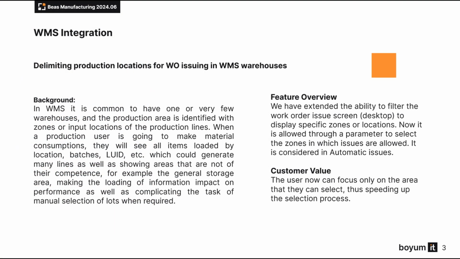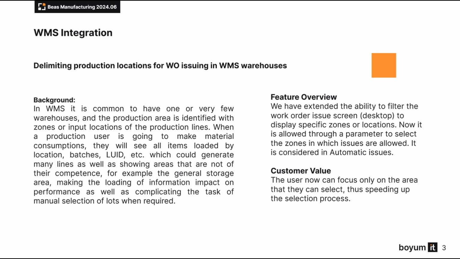In WMS it is common to have one or very few warehouses, and the production area is identified with zones or input locations of the production lines. When a production user is going to make material consumptions, they will see all items loaded by location, batches, LUID, etc., which could generate many lines as well as showing areas that are not of their competence, for example the general storage area, making the loading of information impact on performance as well as complicating the task of manual selection